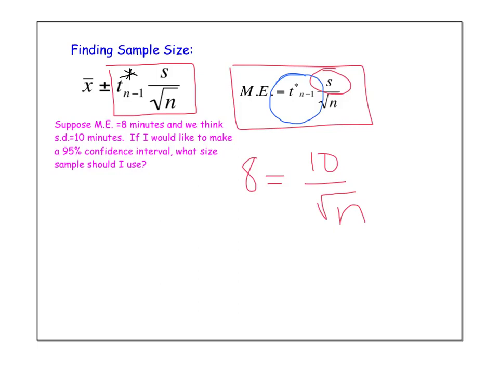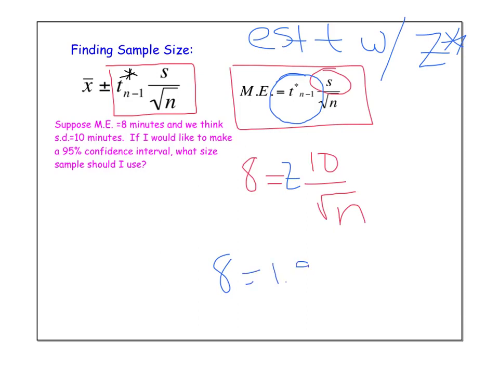In this case, since we can't figure out what t to use, we estimate t with our good old friend z. So simply put, instead of using t, we're going to use z, which in this case is 1.96. So 8 will equal 1.96 times 10 over square root of n. I'm not going to insult you by solving this out. You can solve your equation with the solve button on your calculator or cross multiply, but n ends up being